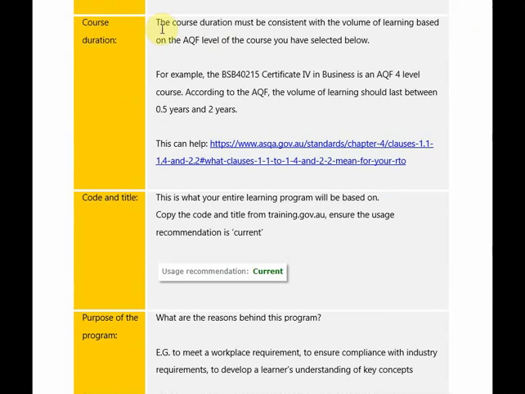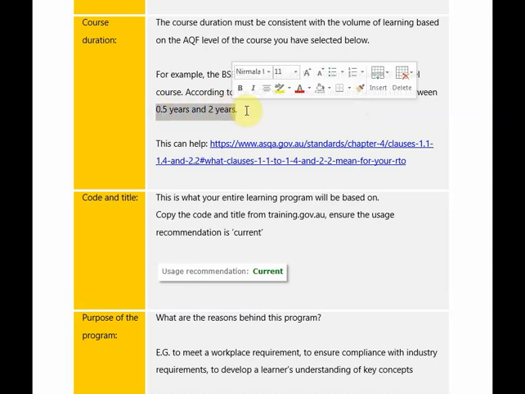So the course duration must be consistent with the volume of learning based on the AQF level of the course you have selected. So we're going to talk about volume of learning a little bit later on in this webinar, but basically there are specific guidelines provided which give you guidance on how long a qualification should go for depending on its AQF level. So you would expect a certificate 4 level course to go for between half a year